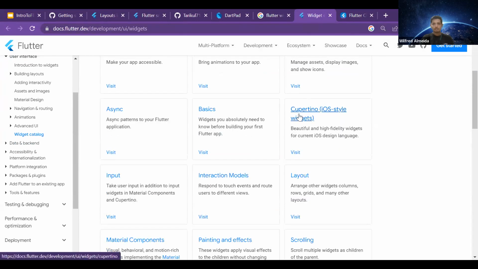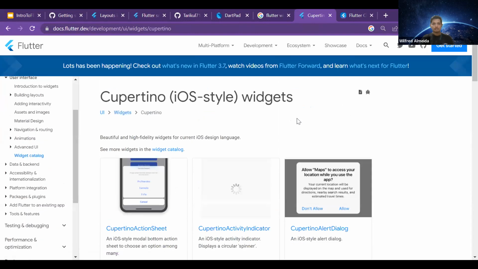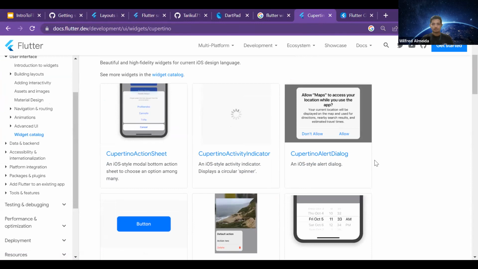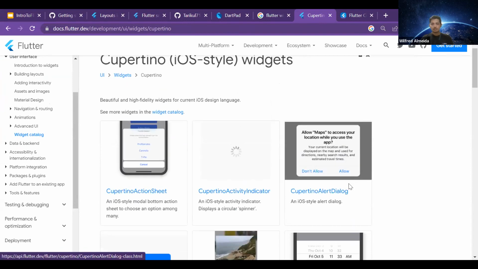You can also have a style widget. So let's say there is some application. If you have ever seen an iPhone, it has a specific style to its iOS. So you can make applications for your Android using Flutter that look like iOS. What this enables is a seamless user experience, because if your users have been using iOS for a long time, then ever since the early days of iPhone, the style of the widgets